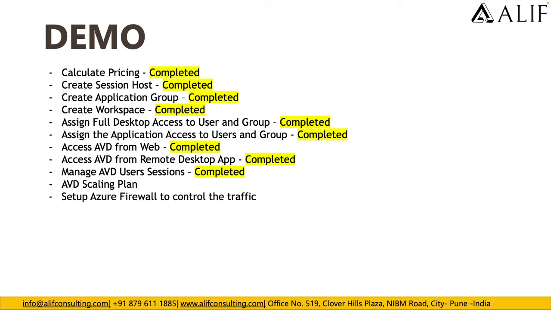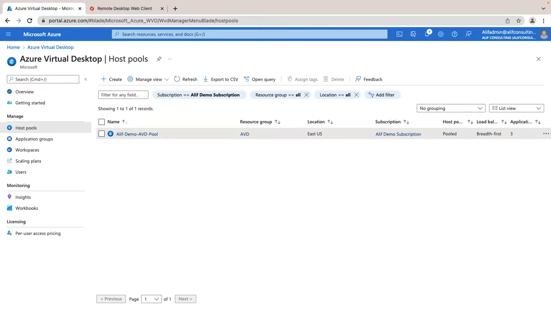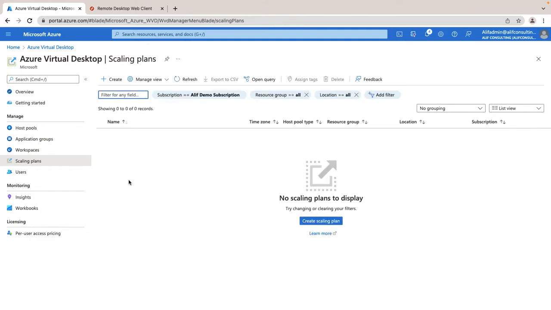Let's quickly jump to the Azure portal and let me walk you through how you can create it, right? So to create the scaling plan, you need to go to the scaling plan section inside the Azure Virtual Desktop console, and from here you can create your scaling plan. If you see, I don't have any scaling plan yet, so let's go ahead and create one quickly. For that, we need to click on create,